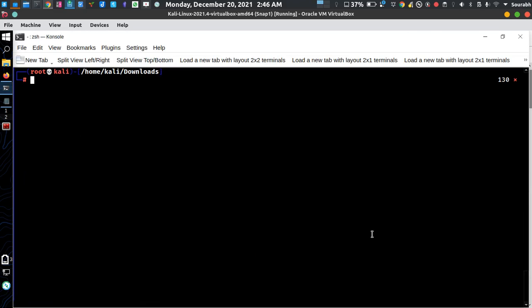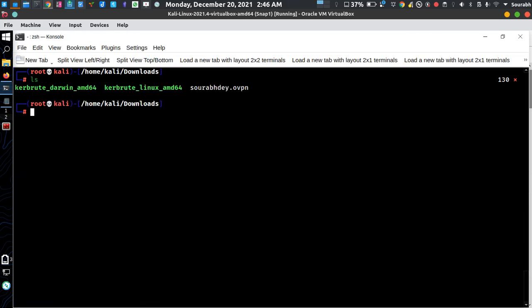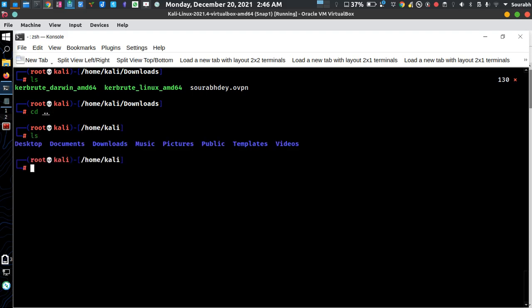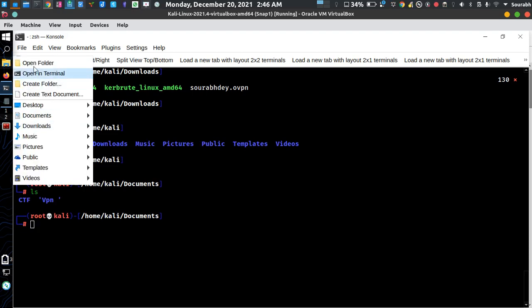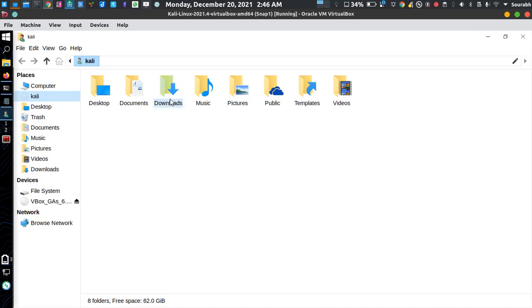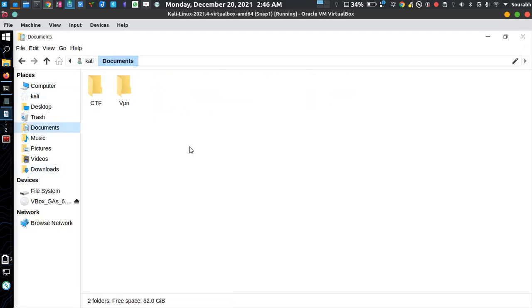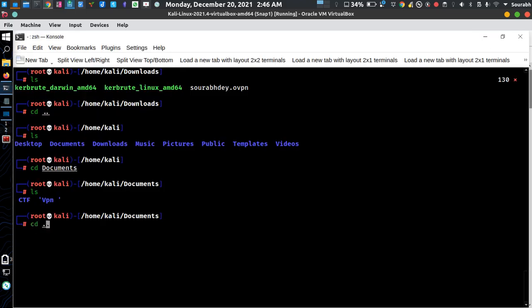Okay, so let's just find that enum. No, it's not in here. Where is this tool actually located? Okay, give me a moment to find out where it is. Yeah, it's on the desktop, so I just go to the desktop first.